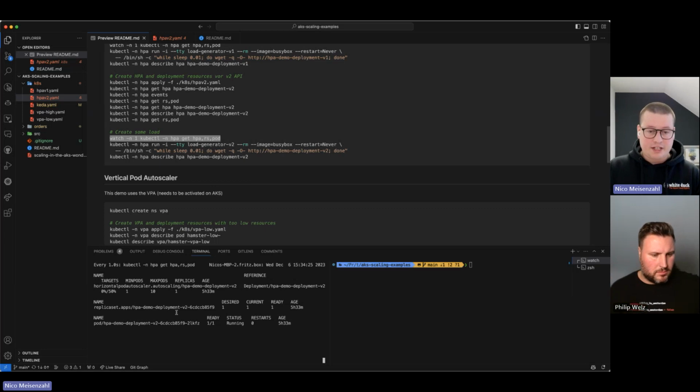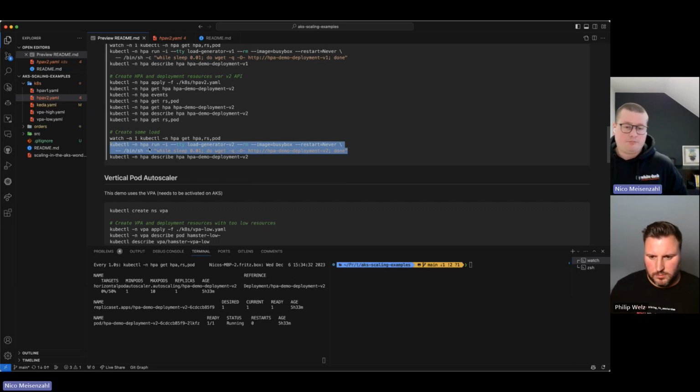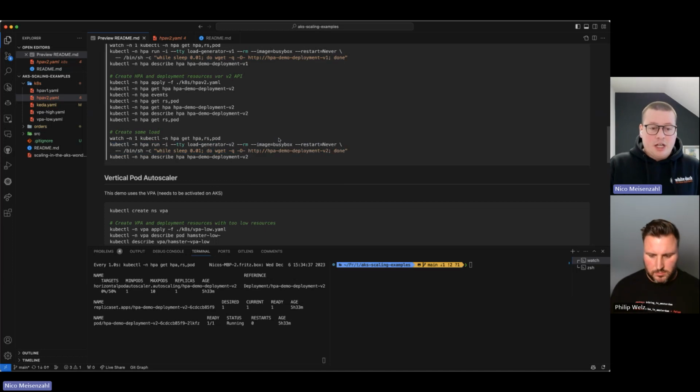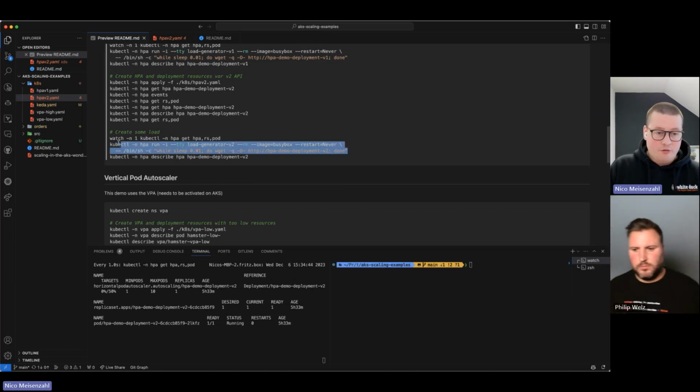So we're really seeing what's going on here. On the right side, we will schedule a so-called load generator. It's just a busybox image doing a curl pretty often against the service of the deployment we just defined. And now if you run that one,